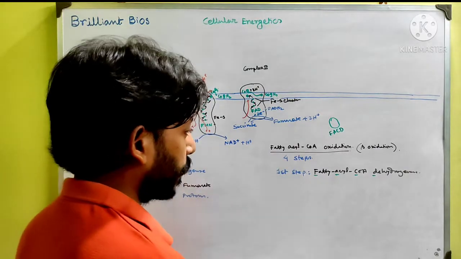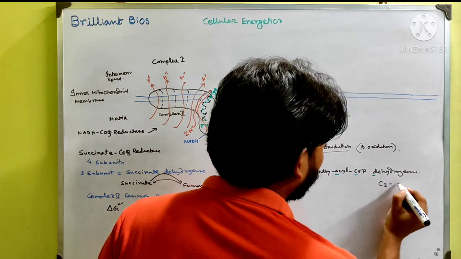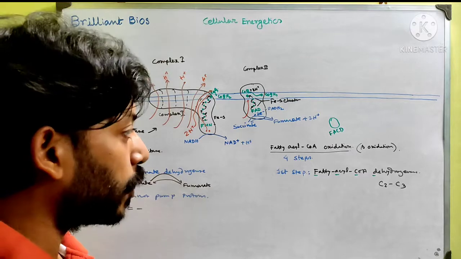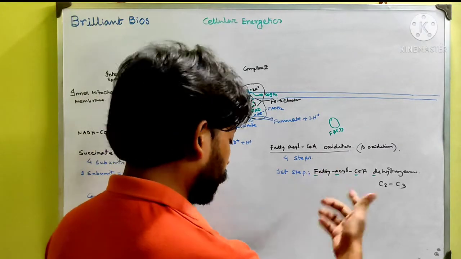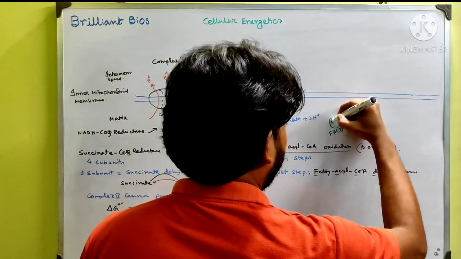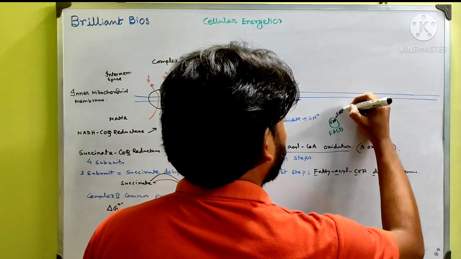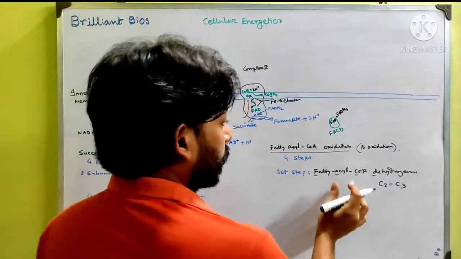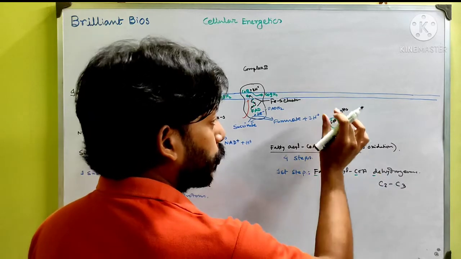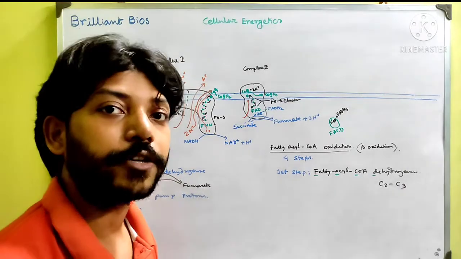So this enzyme removes 2 hydrogens from the C2 to C3 carbon bonds, and eventually converts FAD that is present inside this enzyme to FADH2. So this fatty acyl CoA dehydrogenase can reduce FAD and transfer 2 high energy electrons